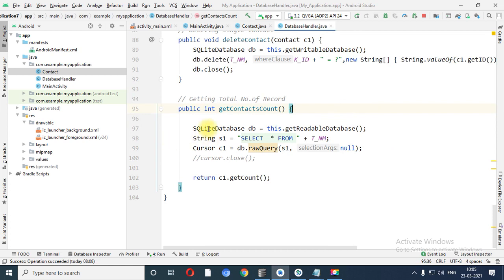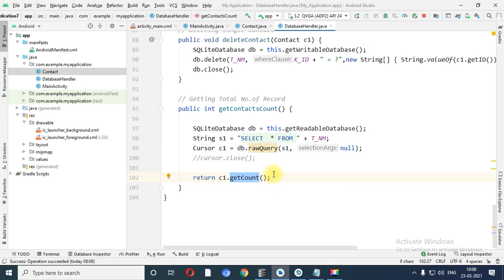Now see what I need to do. SQLite DB gets our database into readable mode because I want to read the content of the database. So I open my database in readable mode. Now the select query, but remember after from you need to put one space, otherwise it will generate an error. And simply create the object of cursor, db.rawQuery s1, and then return c1.getCount.